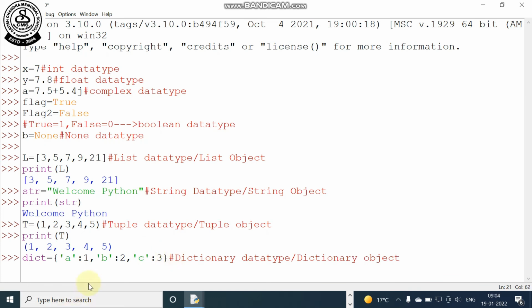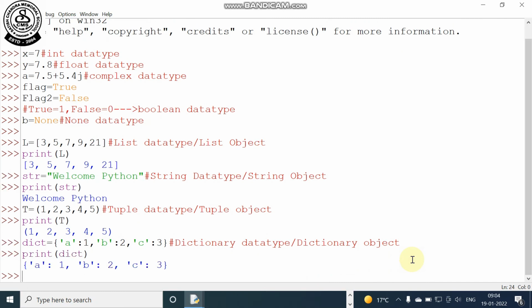So in this dictionary, you remember that each element has two parts. At the left hand side of colon it is called key, and right hand side of colon it is called value. Same way for this element, left hand side it is called key and right hand side it is called value. You can have the dictionary data type, and if you print dict, you get the dictionary itself. So I am repeating,